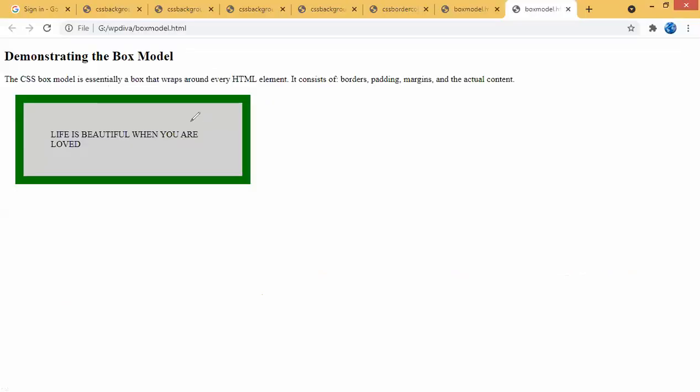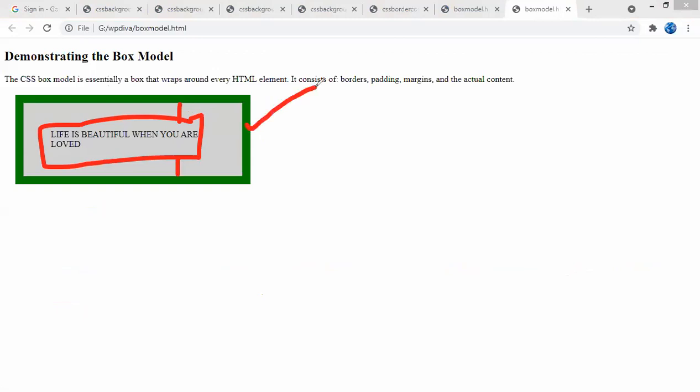So when you run this, you will see all the contents. This is a padding, 50 pixels, the distance between your cell and your content. That is called padding. What is this? This is your border, which is of 300 pixels, I guess, and the color is green. In this way you can decide the format, or add a fixed type of format to your web pages using the box model.